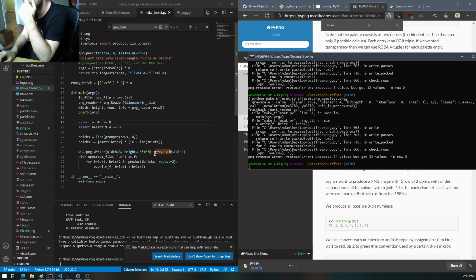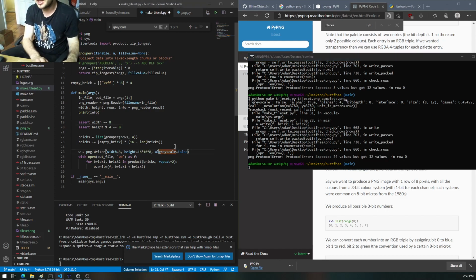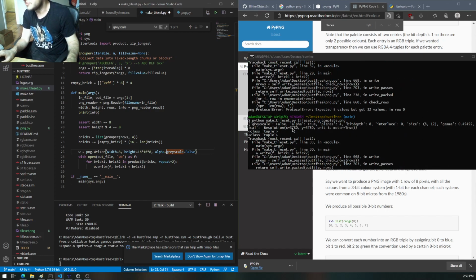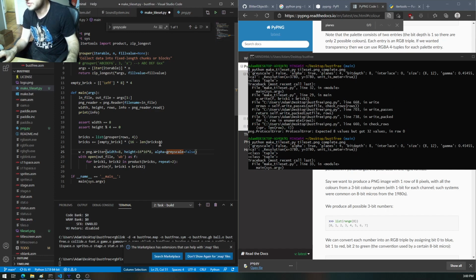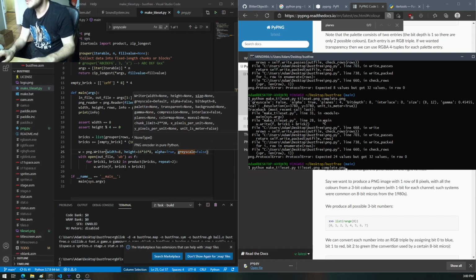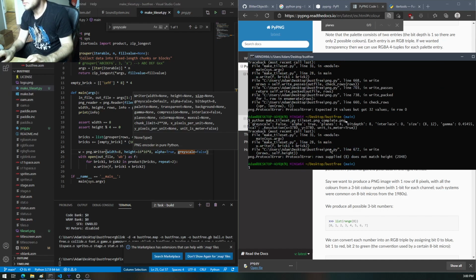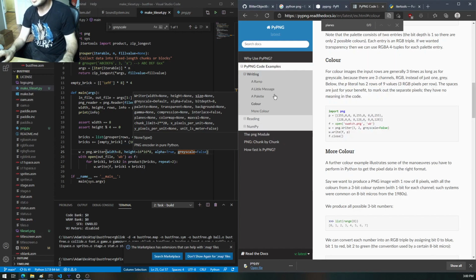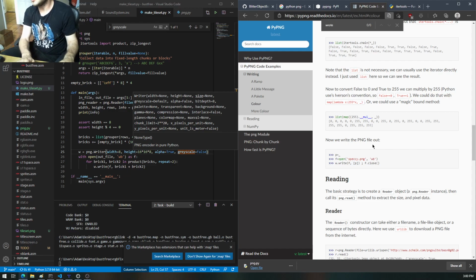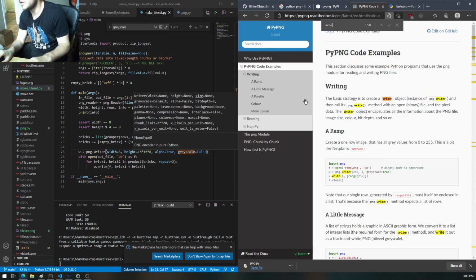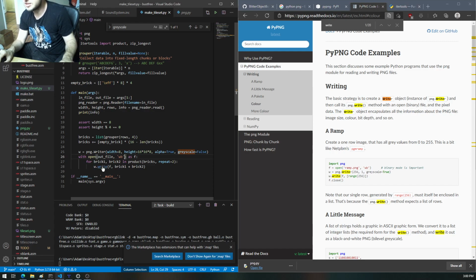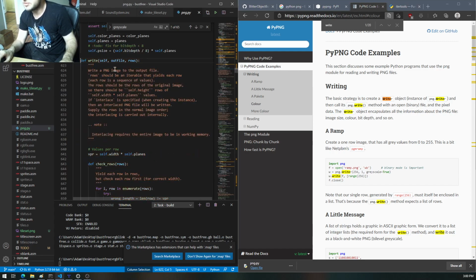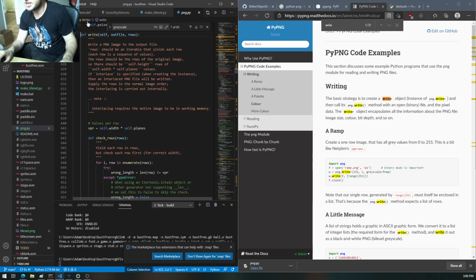At least that's a thing. Oh, and I need to say alpha equals whatever we got here. Where is it? Alpha equals true. Row supplied does not match height. Oh, do we have to write it all at once? Okay. Well, if we have to write it all at once, write a ping image. Okay, then in that case,